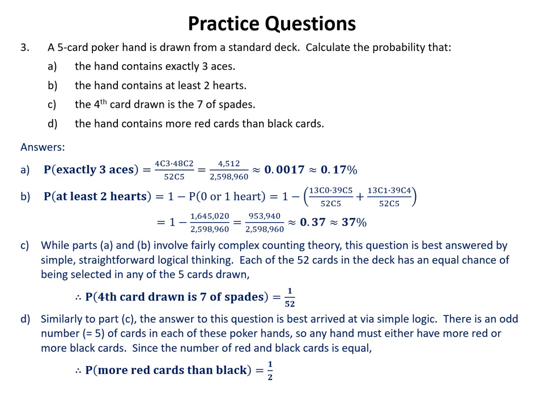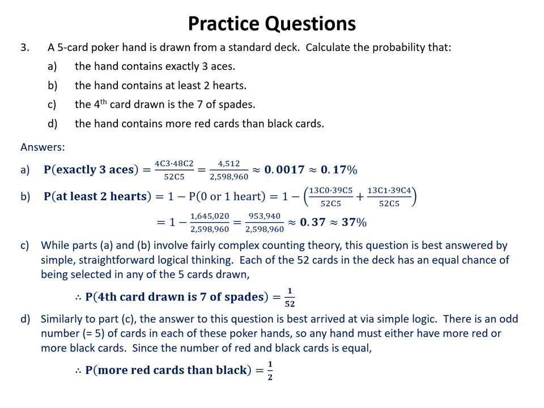So our denominator is 52 choose 5. And our numerator would be 3 aces from 4, so 4 choose 3, times the remaining 2 cards must come from the other 48, so that's 48 choose 2. So the answer then becomes 4 choose 3 times 48 choose 2 over 52 choose 5, which equals